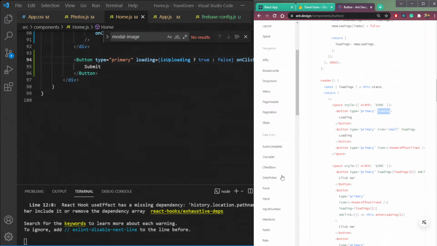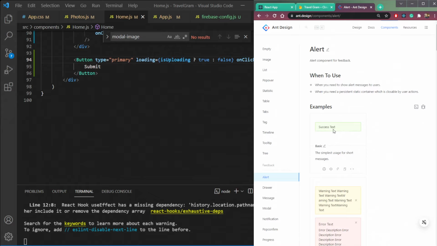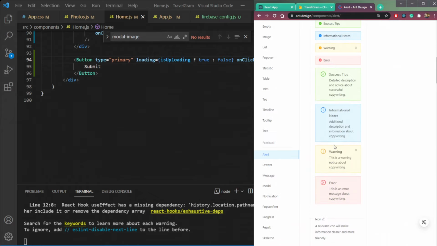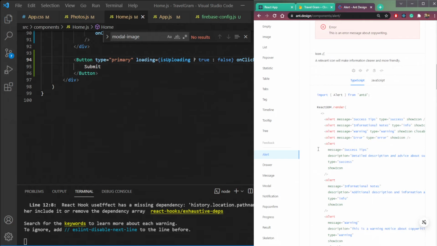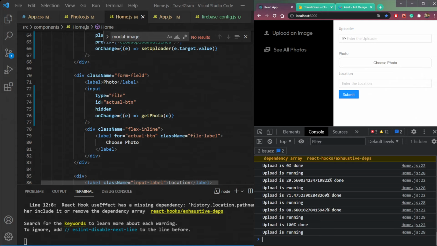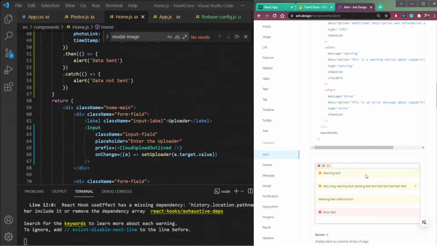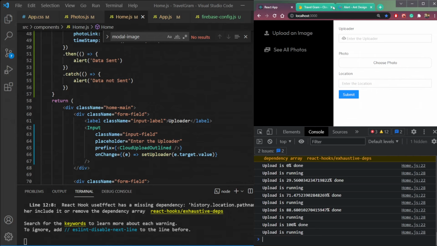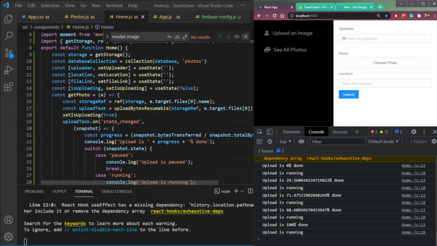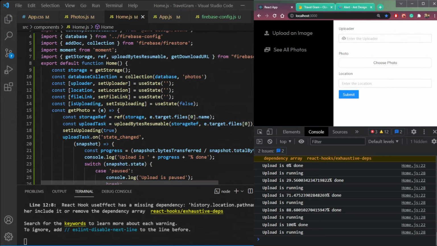So now let's also add one alert. So where was the alert? Badge, calendar. Okay, this is the alert here. So click alert. So we need this alert called success. So just copy it, and if it is done, we will just print the alert. Okay, this is a field alert, not the alert we want. So let's leave it for now. We will just use some other plugin for alert. So it's done.